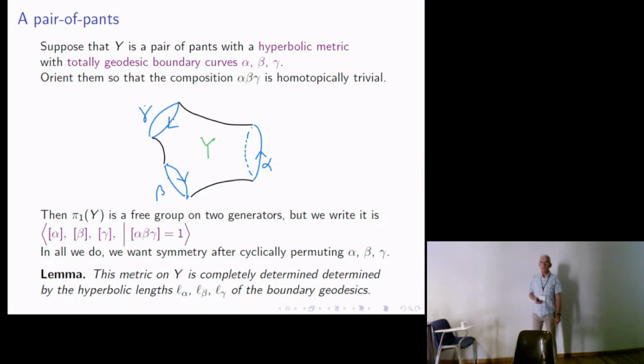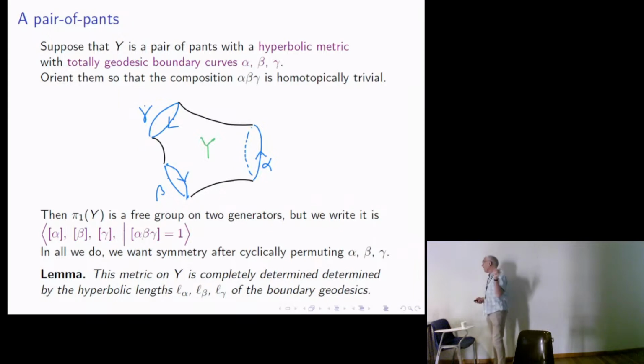And I do that in such a way that going around alpha, then beta, then gamma, assuming I'm reading from left to right, I never know whether I should read from left to right or right to left in these things, but in whichever way we do this, this is going to be the identity. So you can see this by, you first go around alpha, to the middle of the back there, and then maybe I go around, however it works. And I've checked that diagram a lot of times, and I believe that's the right orientation.